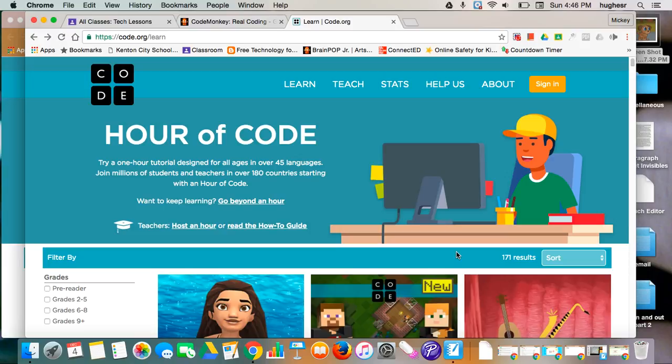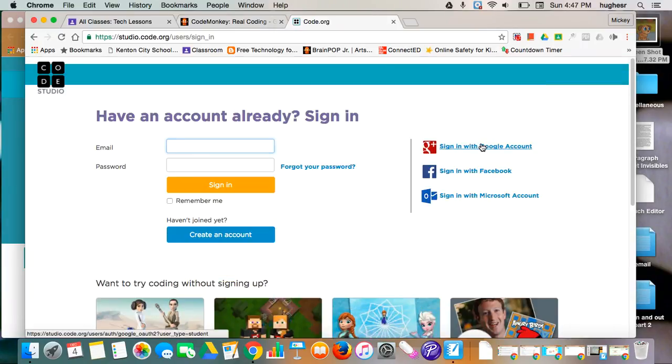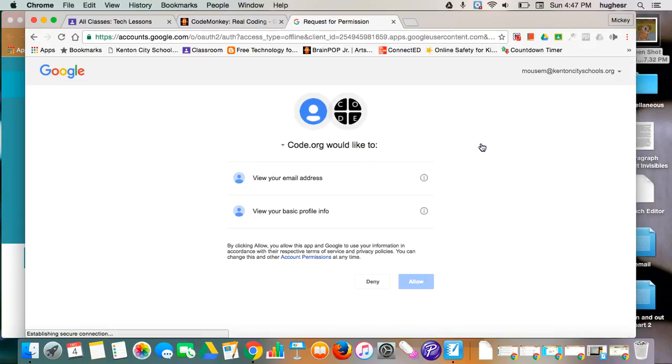After clicking on the code.org link, you click the sign in button and you click sign in with your Google account. You click allow,